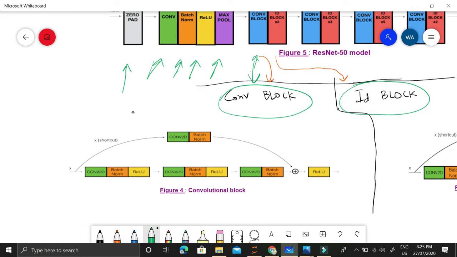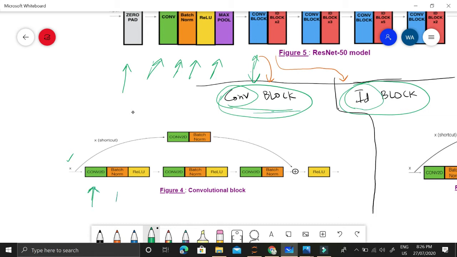So in the conv block we have this input x that is coming, and that input x will be given to this Conv2D layer. Sorry, this is a Conv2D layer, it is not a block. This conv block is just a name; we could give it any other name. It has nothing to do with convolutions, and the same goes for the identity block. Don't confuse this conv with the convolutional layer. This is a block containing many layers. This Conv2D is a single layer.